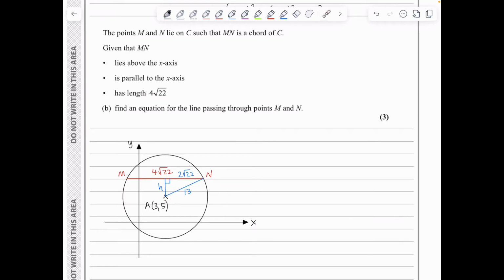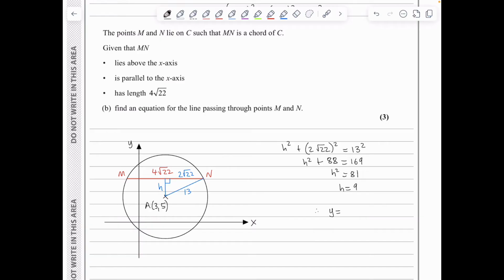So let's apply Pythagoras here. We've got H squared plus 2 root 22 all squared is equal to 13 squared, leading to H squared plus 88 is 169. So H squared is equal to 81, which means that H is 9. And therefore, we conclude that the